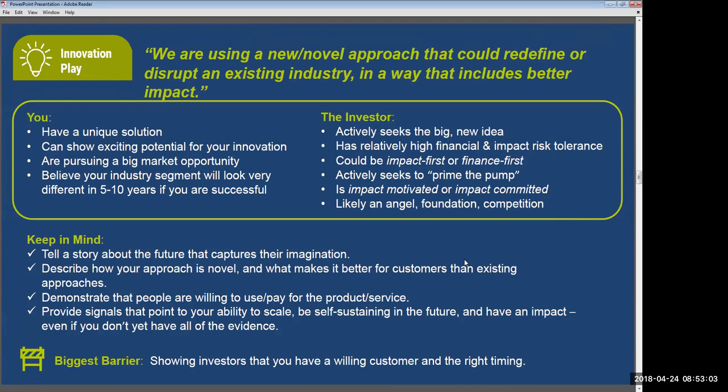And you as an investor, the investor that you're targeting when you're making this pitch, is looking for a big new idea. It's very common in, for example, competitions or university competitions. They may have a relatively high risk tolerance. They might be finance first or impact first. It kind of doesn't matter. It's a very blended audience. But they're trying to do something that they think is going to capture imagination, get press,